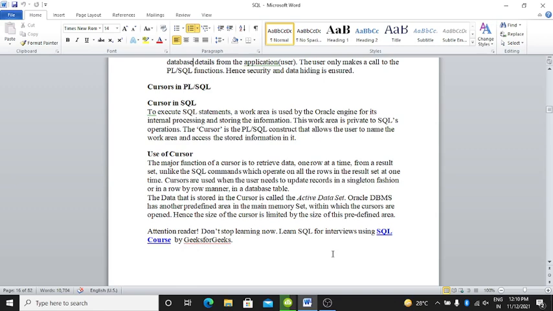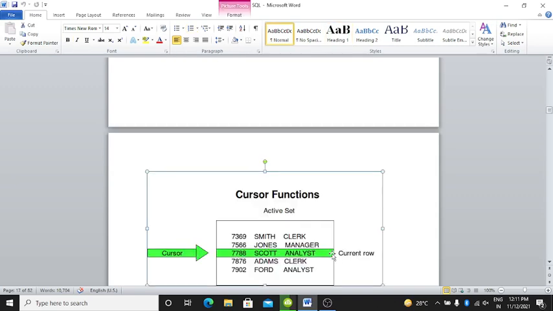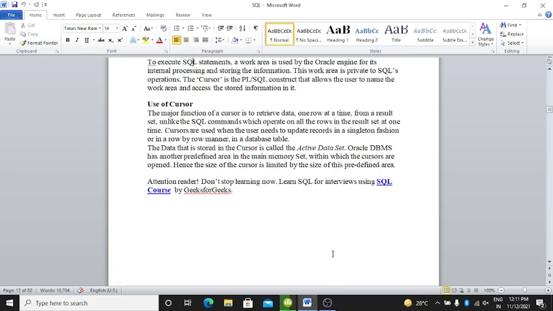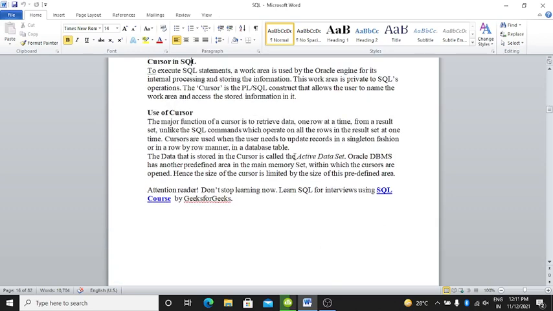What is the function of cursor in PL/SQL? It allows the user to name the work area and access the stored information in it. Then what is the use of cursor? The major function of cursor is to retrieve data one row at a time from a result set, unlike the SQL commands which operate on all the rows in the result set at one time.